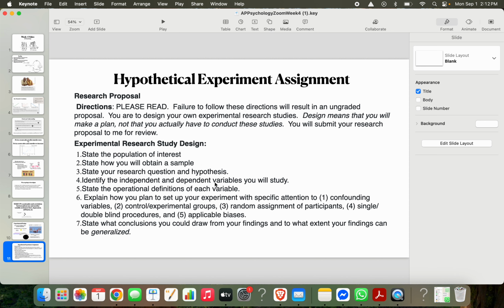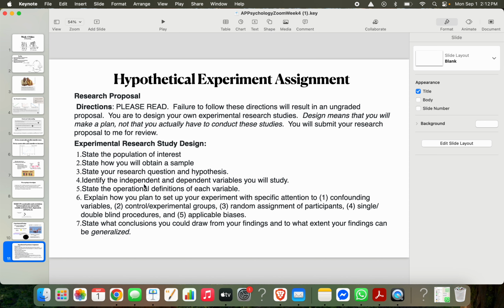I need to say what the independent and dependent variables are. Operational definition. Ooh, this is an interesting one. We had this term, but let's review it. Operational definition is how you define it for this study so you can measure it and somebody else could measure the same thing. So I use the word self-harm. How am I defining it so it can be measured, right? I would have to say, self-harm could include cutting of wrists or legs. I'd have to say exactly what it is. Depression as measured, let's say, by the Beck's depression inventory. Exactly how I'm measuring that dependent variable.